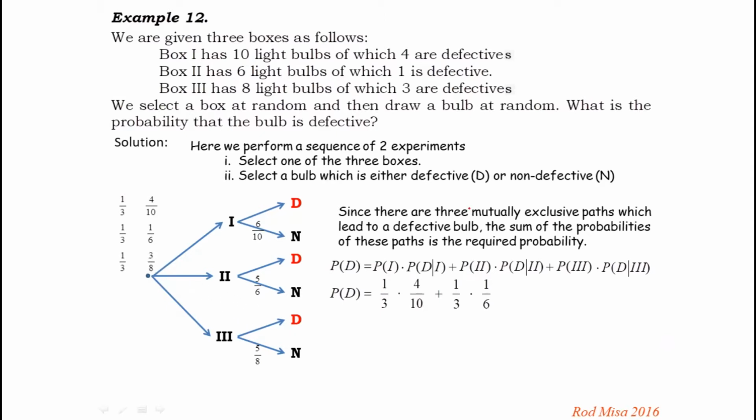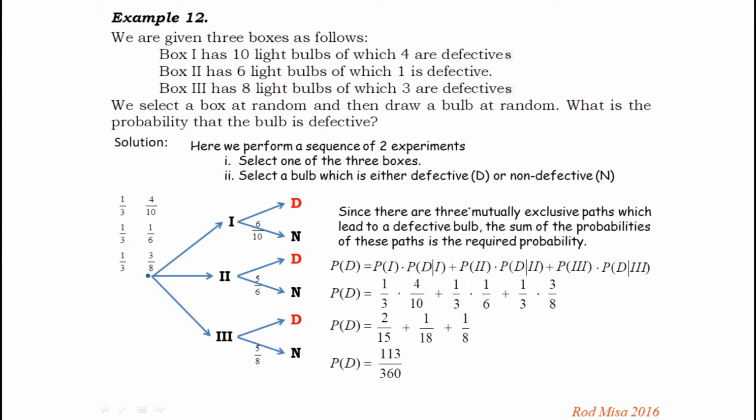So therefore, we have 1/3 times 3/8. So multiplying these fractions, we have 2/15 as the product of 1/3 and 4/10, plus 1/18 as the product of 1/3 and 1/6, plus 1/8 as the product of 1/3 and 3/8. Hence, adding these three fractions, we have